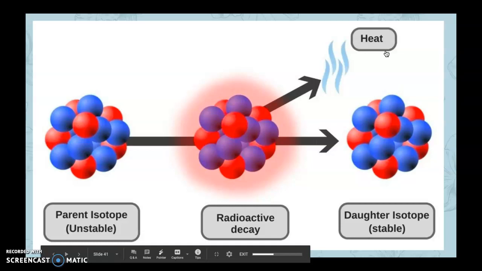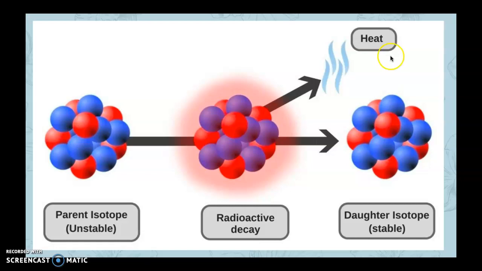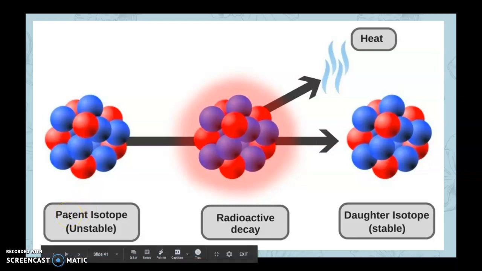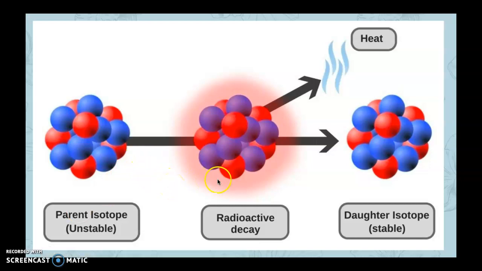And to do that, we need to do a little review of radioactive decay. This should be review for most of you, or for all of you, really. Radioactive decay works like this: some natural element is unstable, and that unstable natural element we call a parent isotope. Over time, that parent isotope will eventually just spontaneously decay, and it will release some energy, some heat, or